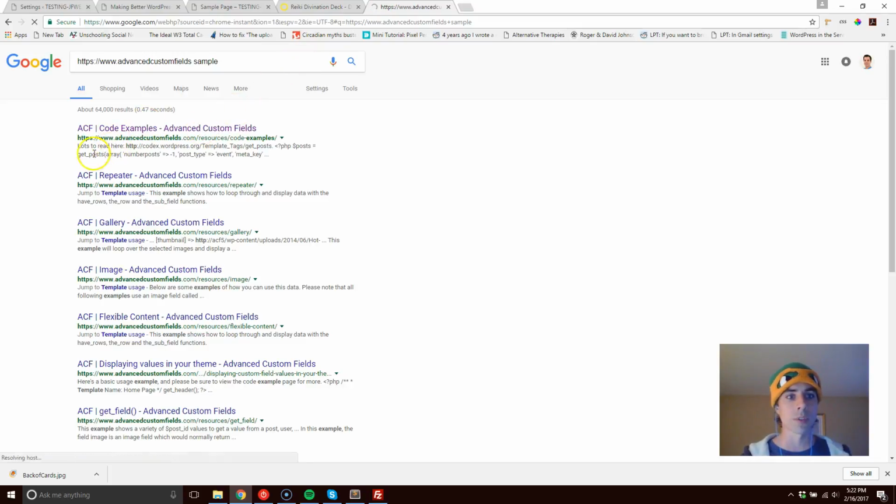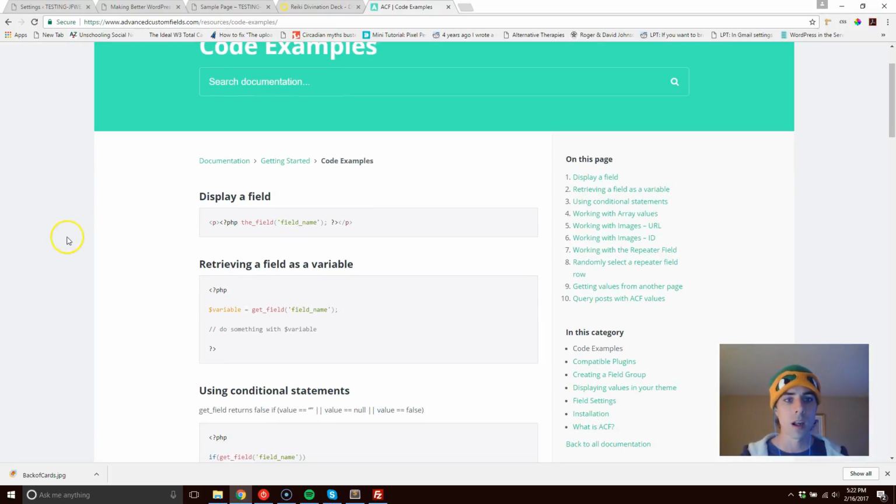Okay, so code example. It works really simple like this. When we generate the PHP file, basically you just have this little snippet here. The function is called the_field, which is a function of Advanced Custom Fields, and then field name is the field that is assigned to that piece of content. It's really confusing if I say it like this,